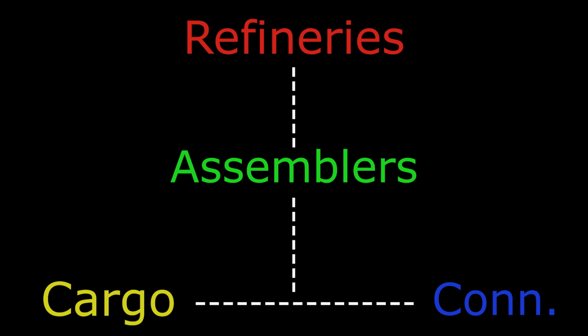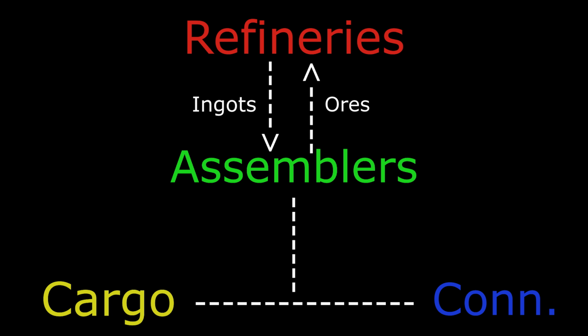So how do we want to set up our sorters? Well, our whole refinery room is kind of an isolated area. The only input that it needs is ores, and the only output that it needs are ingots. So we're going to have one sorter going in for ores and one sorter going out for ingots. Then we move on to our